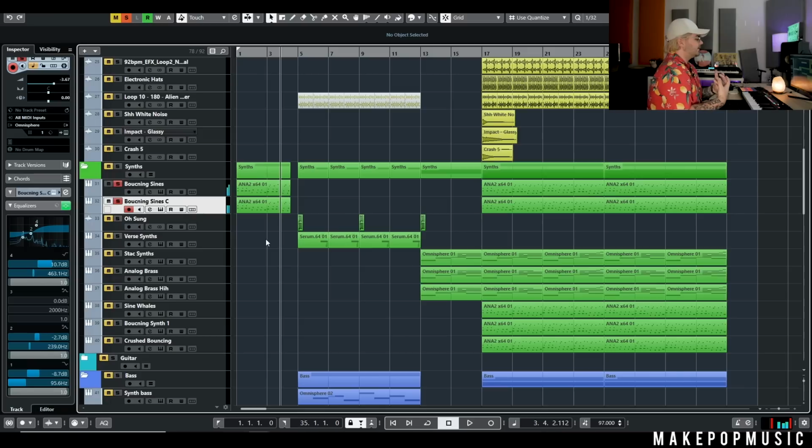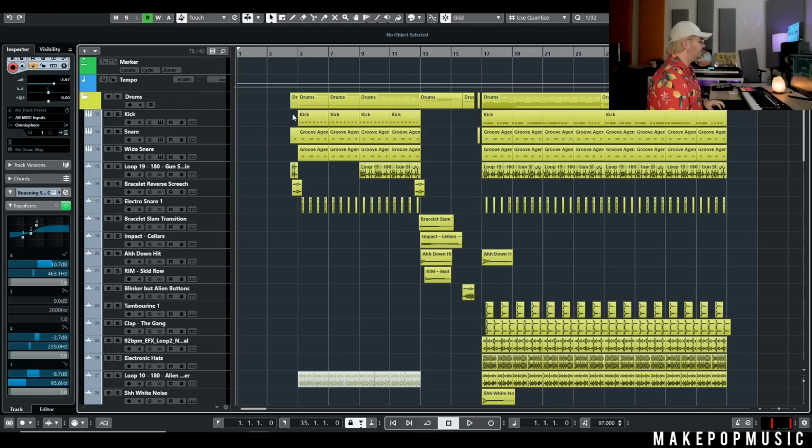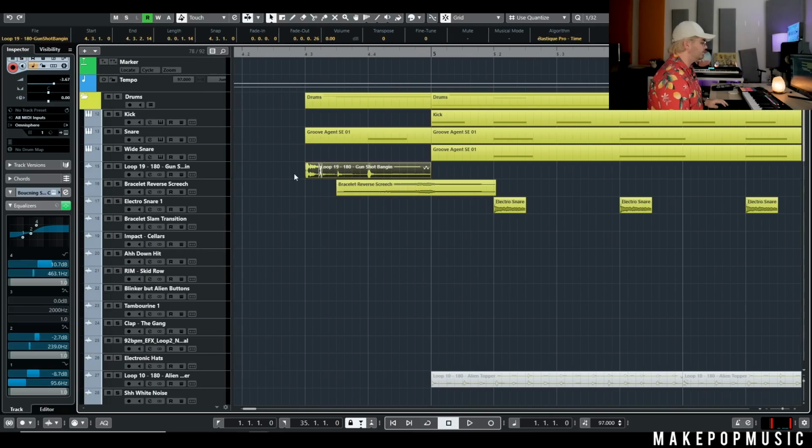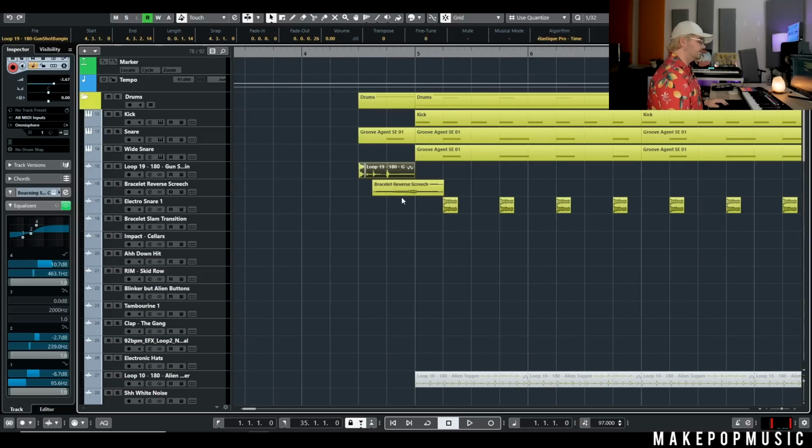And that's just gonna give that little bouncy synth some actual body in the middle. That way it's not throwing listeners off if they're listening to a really aggressive pair of stereo speakers. So we've got that for the intro, and then I chopped up that gunshot loop that we have a little later, and then added just a little reverse